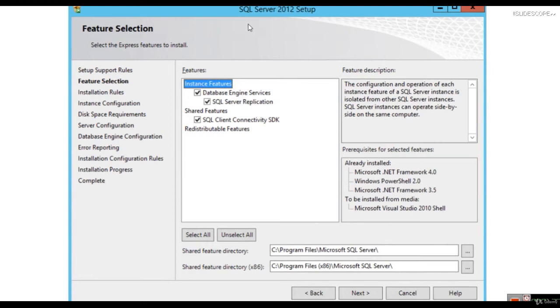After that, in the SQL Server 2012 setup, you will see a feature selection, and in feature selection, make sure these values are checked. You can also change the directory here, but you can keep everything as default, and then click next.